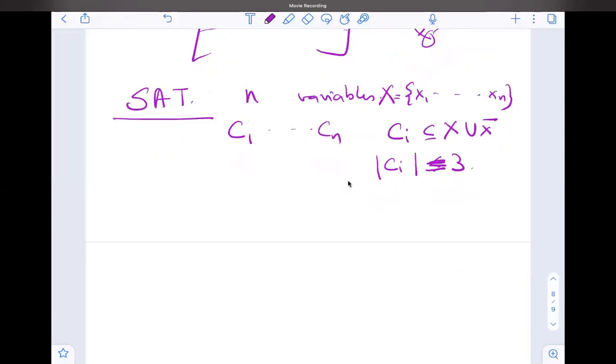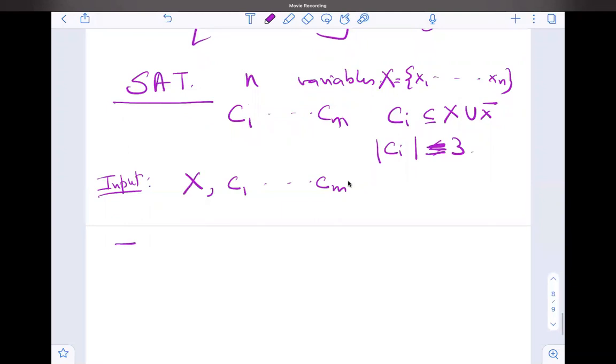The input, or an instance, is a set x and a set of clauses C1 to Cm. That's it. Now, if you ask how would you represent C1 to Cm and x, yes, I can represent it in a 0 1 string also. But that's an encoding.